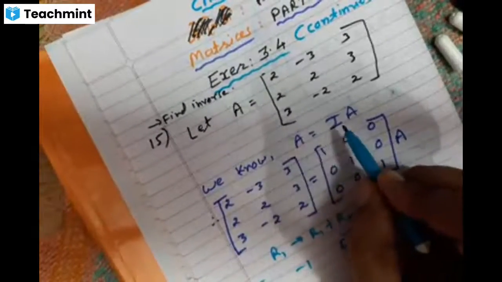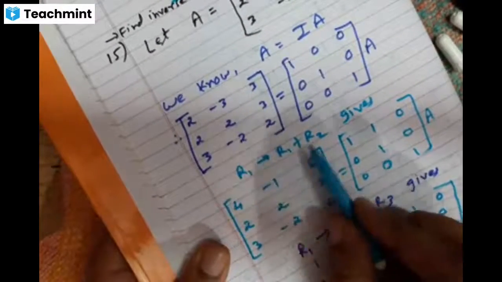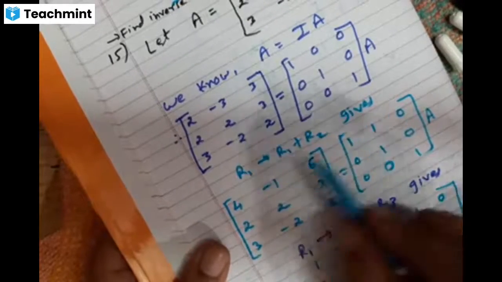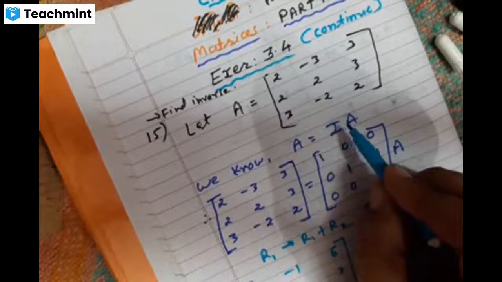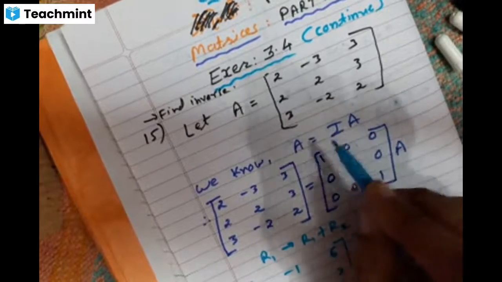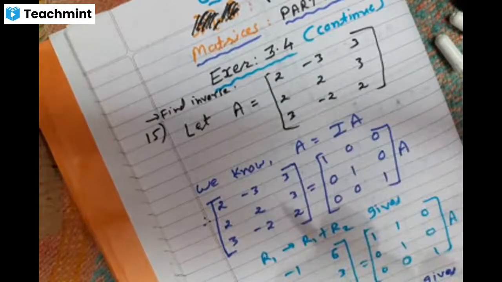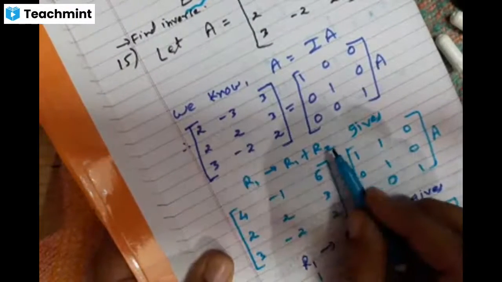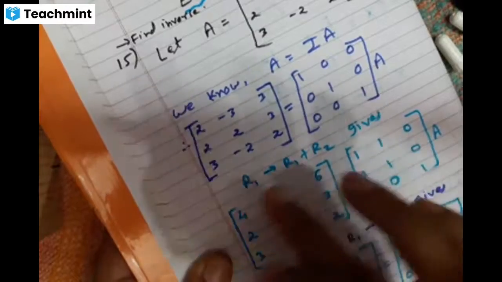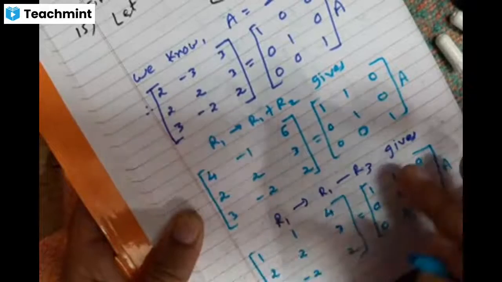Okay? But when you are starting with A is equal to IA, what is your observation? Observation is that I am doing the operation of row only. Can you see this? R1, R1, R3, R2, only row. If instead of IA, you take AI, remember friends, if you take AI, okay, then also you can do, no problem. And one more thing, if you start with the operation of row, then all the steps you have to apply with a row only.